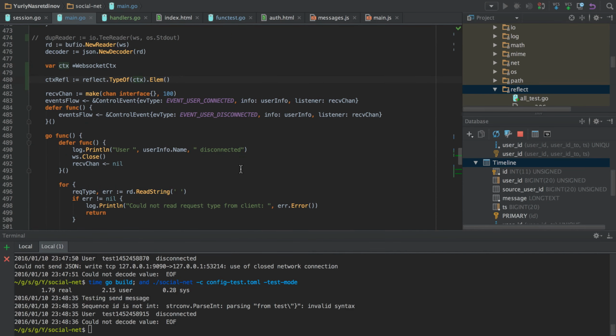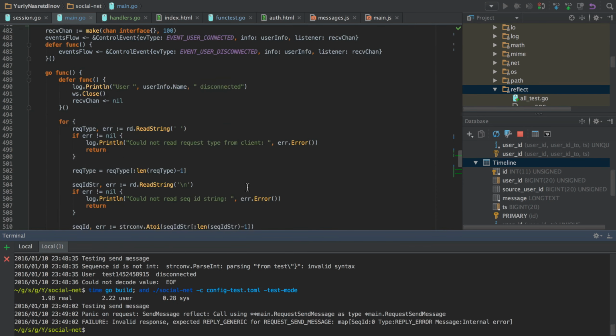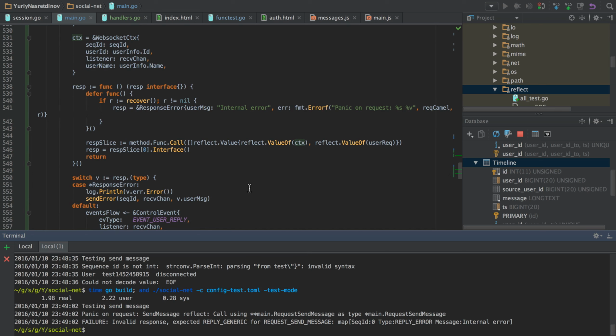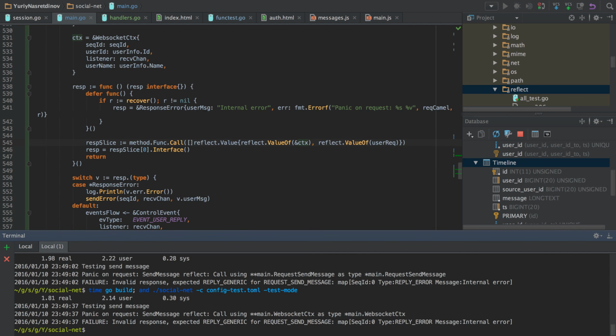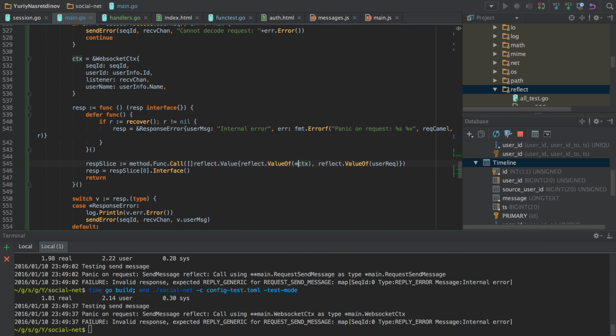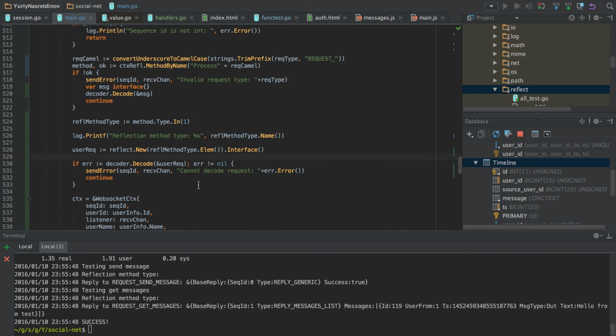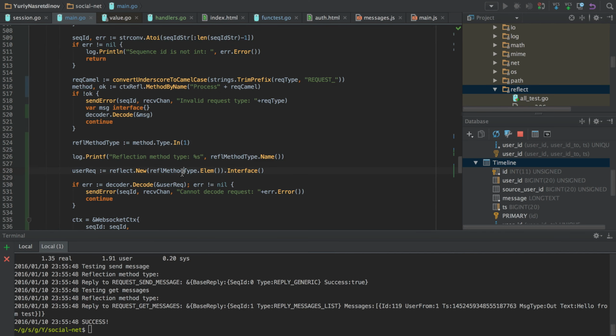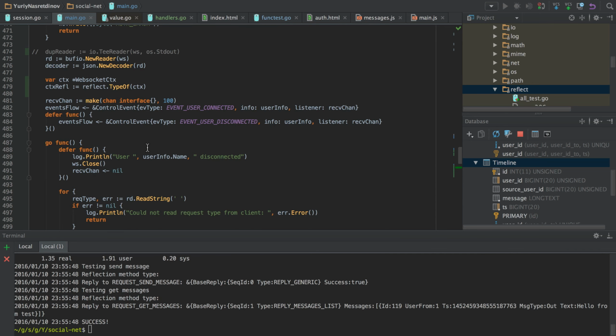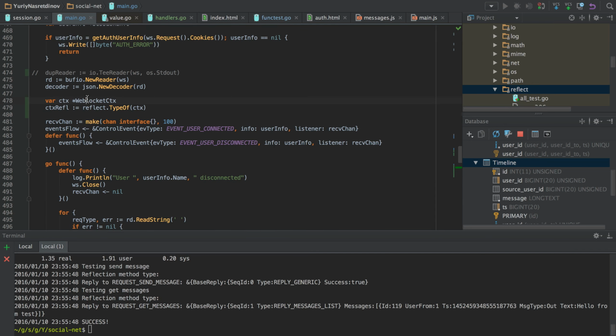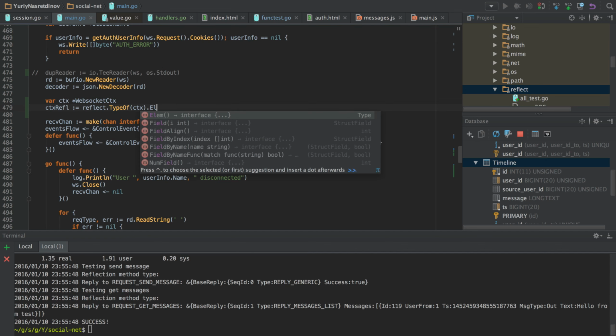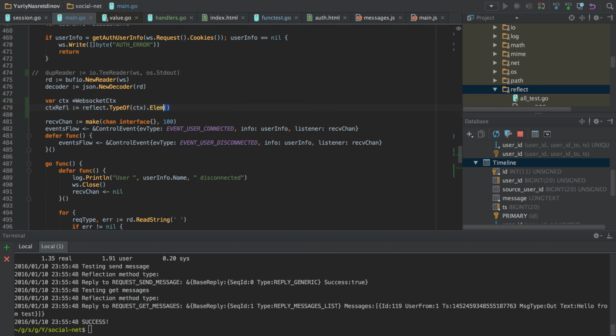I'm still trying to find the reason why it either has 0 methods or gives us strange panics. Yes, I spent some time debugging this, and now I can tell you what is wrong.